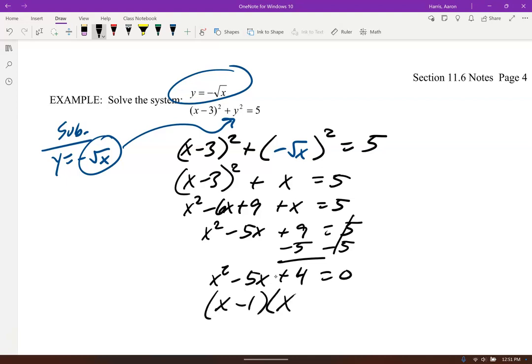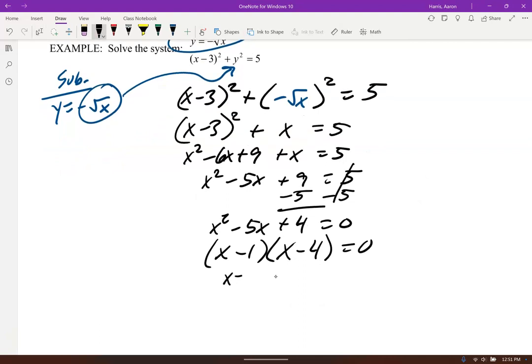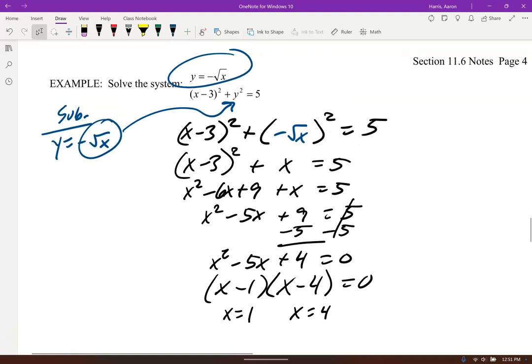And factor. So we could have x being 1 and x being 4. And I'm going to go ahead and plug that into the more restricting one. In other words, if I was to plug it into this one for x,